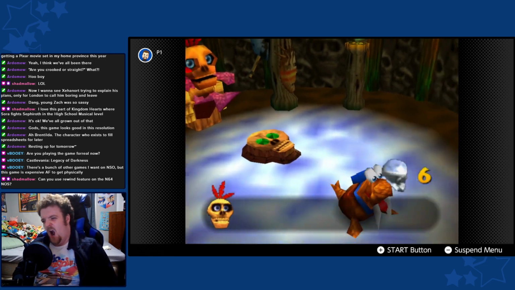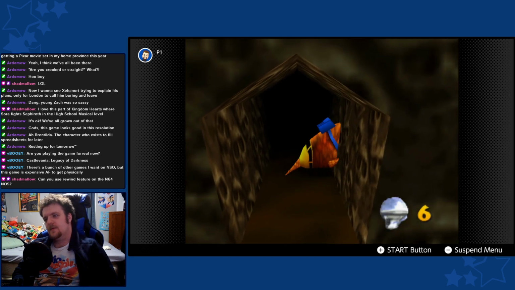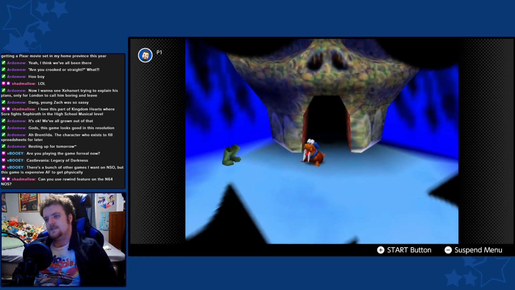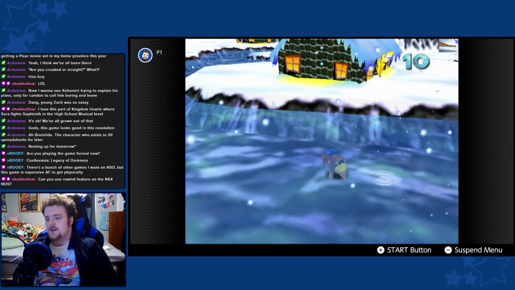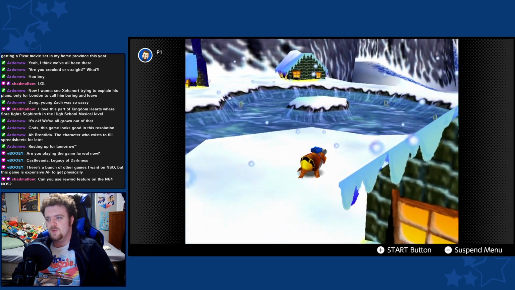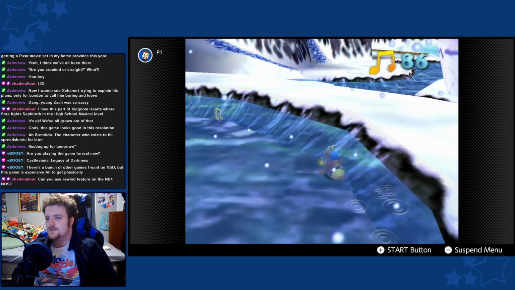Walrus. Banjo gone all fat. Got big teeth. Hey, Mumbo, no fat shaming jokes here. No fat shaming jokes. We like walruses as much as the last guy. Also, I feel like a walrus would literally kill you if you looked at it funny, so...